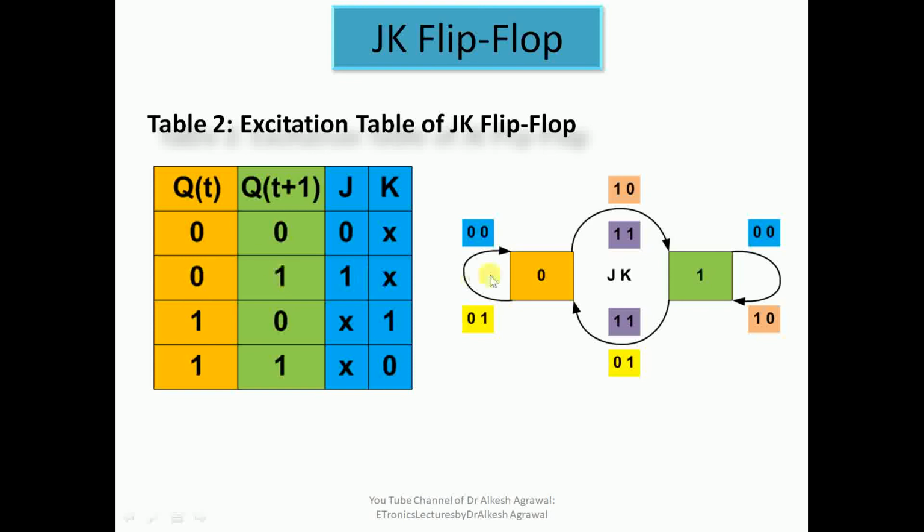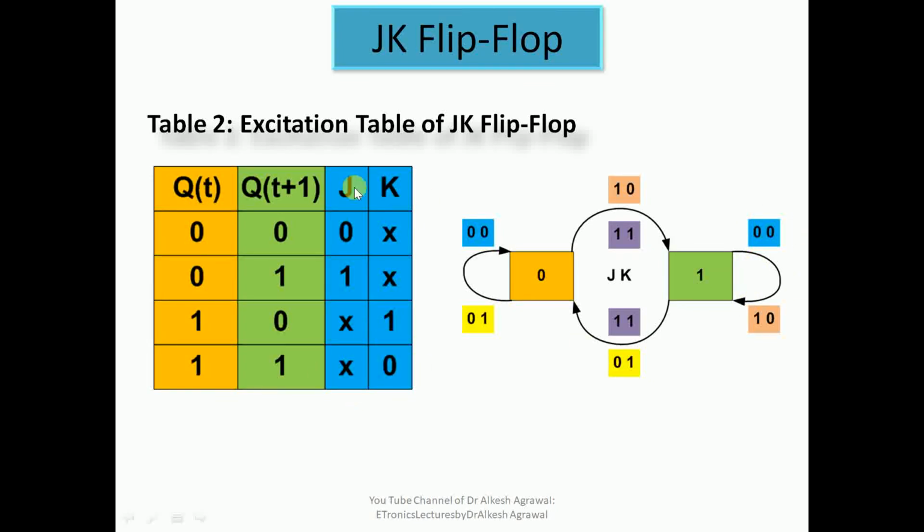Now you see for 0 to 1, that is from previous state 0 to next state 1, we have these two input conditions 1 0 and 1 1. So J is fixed but K can be 0 and 1. So mixing these two conditions we have 1 cross. Now from 1 to 0, again we have two input conditions 1 1 and 0 1. So here J can be 1 or 0. For this we have a don't care condition, and K is 1, so we have 1. Now from 1 to 1, you can see again two input conditions, J is changed, so we have cross, and K is 0, so 0.